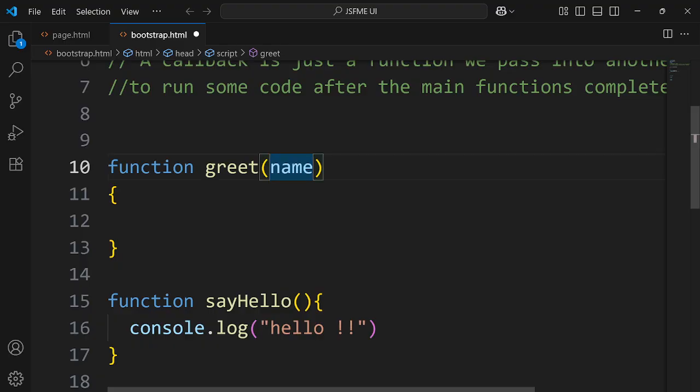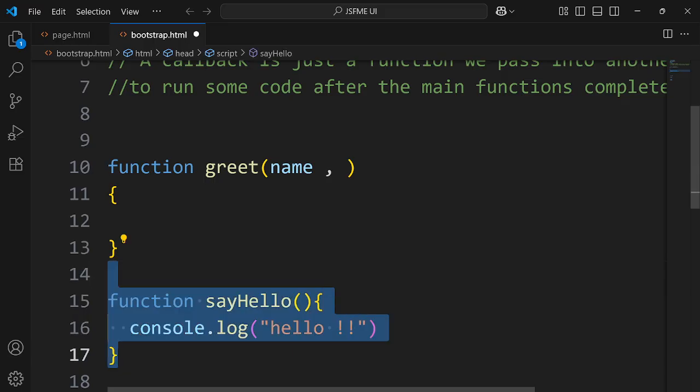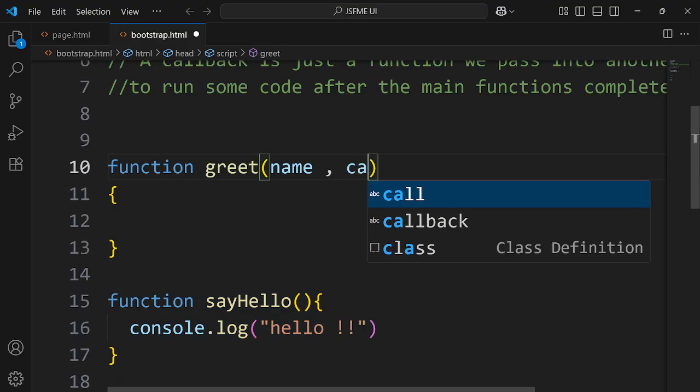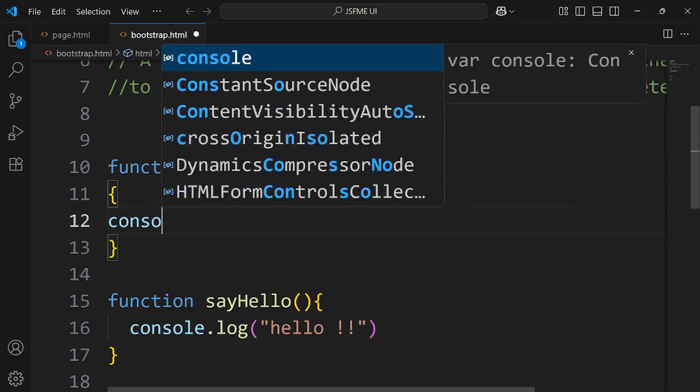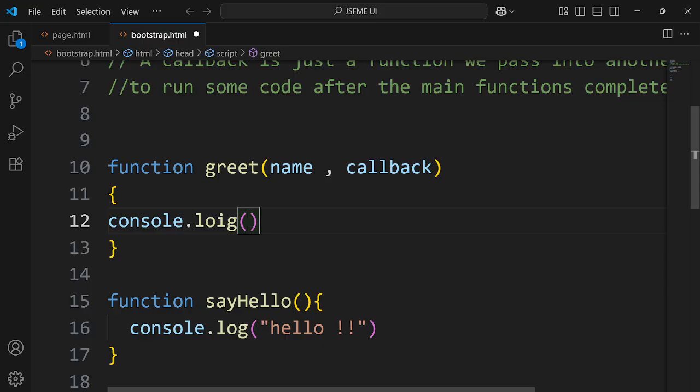Fine. So here I'm actually trying to call this function as an argument. So I want to make a callback. What I will do here is I'll just write it as callback. It's just an identifier for now. Fine. So I will just say console.log, and the result of this greet function should be what? This greet function should say